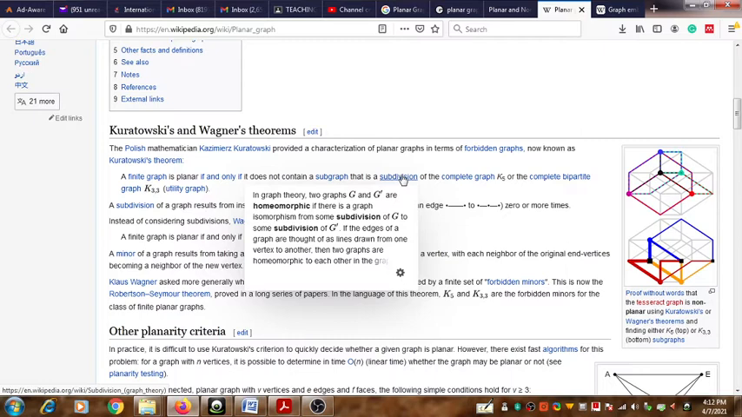The two graphs are homeomorphic if there is a graph isomorphism from some subdivision of the first graph G to some subdivision of the second graph G prime. This is not isomorphism exactly; it's a different concept, homeomorphism. If the edges of a graph are thought of as lines drawn from one vertex to another, then two graphs are homeomorphic to each other